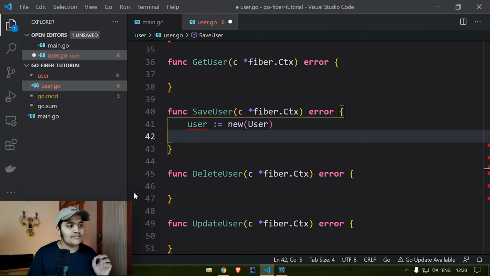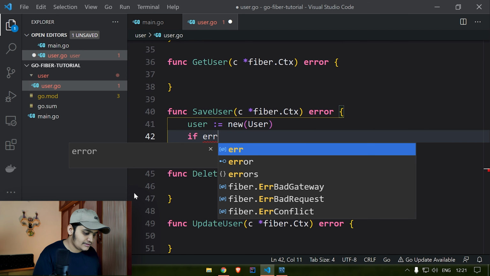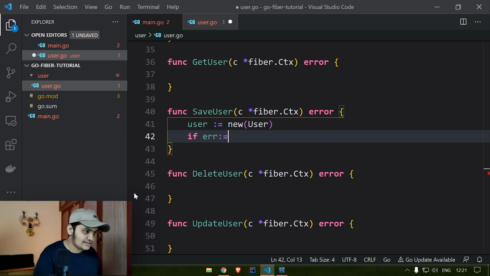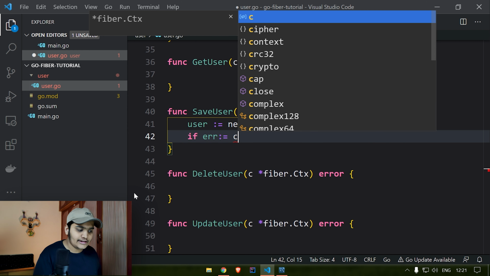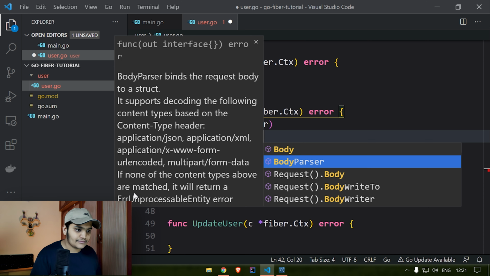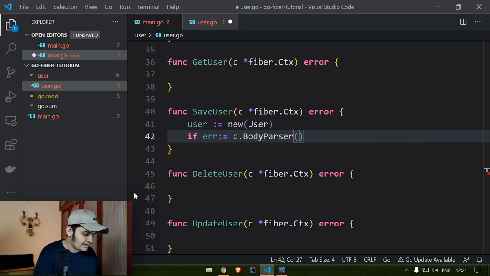We will use the body parser function of fiber.context to convert our JSON data to our struct. So we'll define if err equals c.BodyParser, and this body parser will take this user object. Whatever data is there in the body, parse it into the user struct, and if err not equals nil,